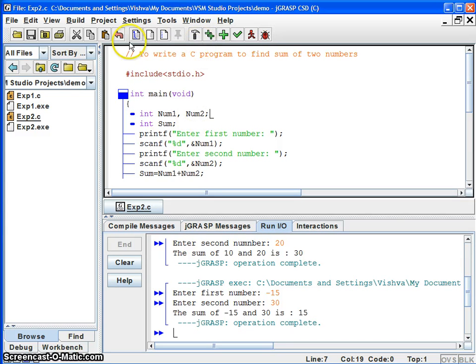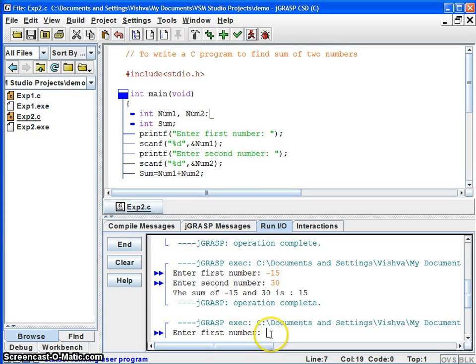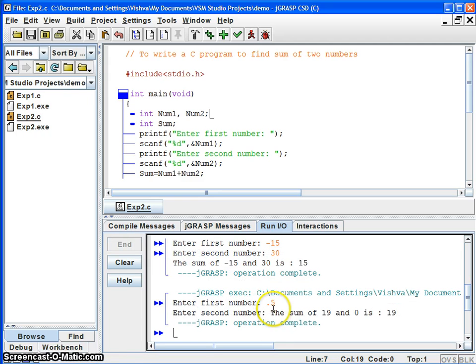For example, if I run again, I say first number 0.5, and you can see it just skips, because integer is allowed only for integer values. You can't enter here any fractional values or float values.